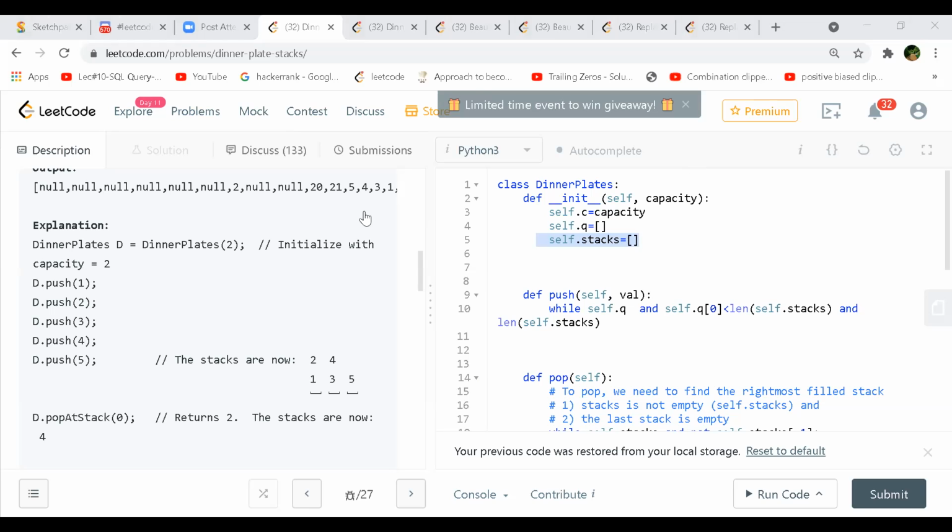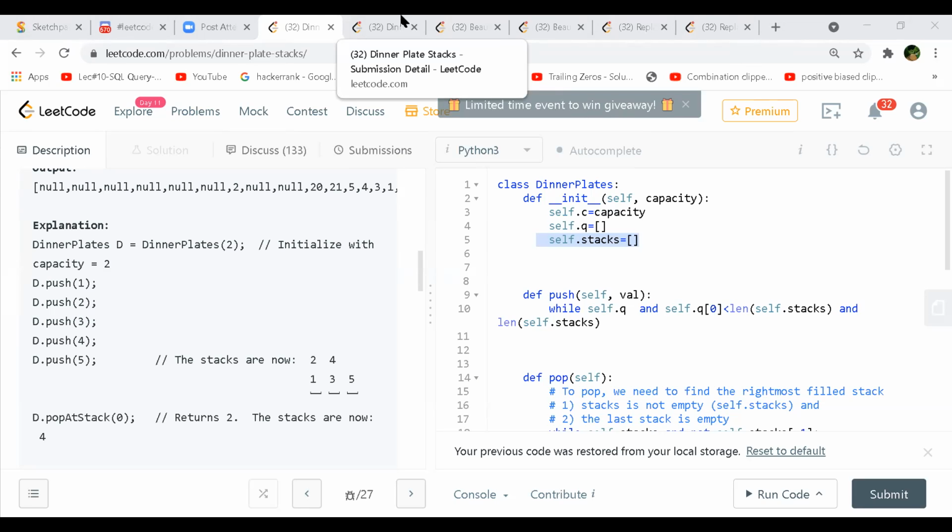Two stacks. So if I push one, I'll put it in my first stack, but still I have one more size left. So when there is a push of two, will that one be replaced by two, or how does it work? On the top of one will be two. Oh, so these are like three stacks: one, two, then the size two is over. So now we'll put three, four.